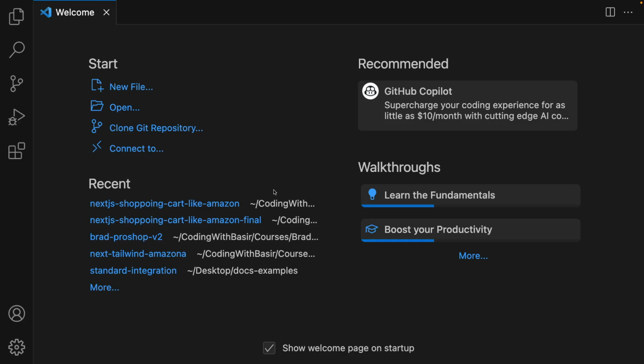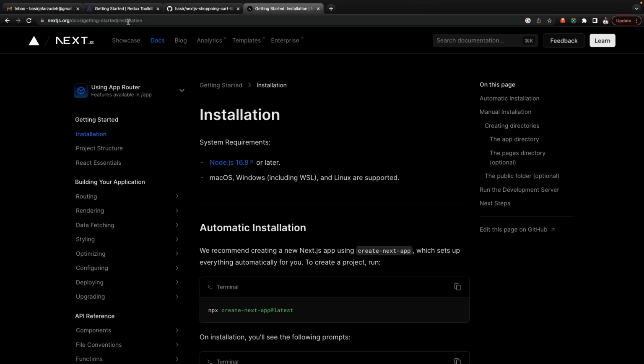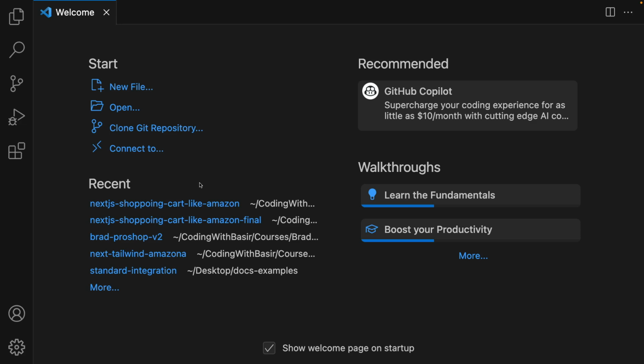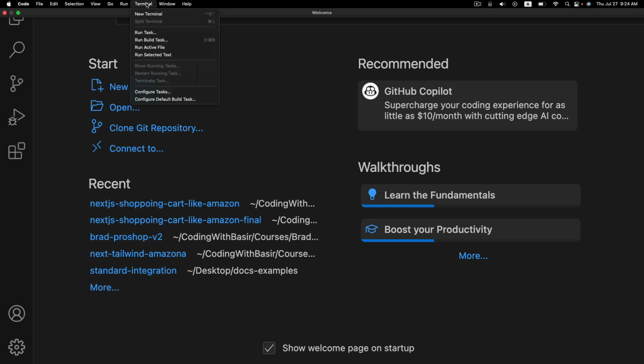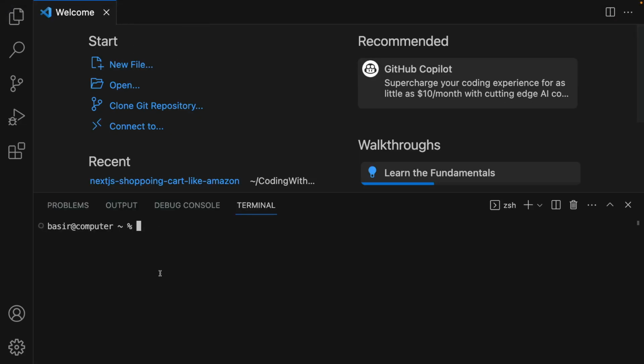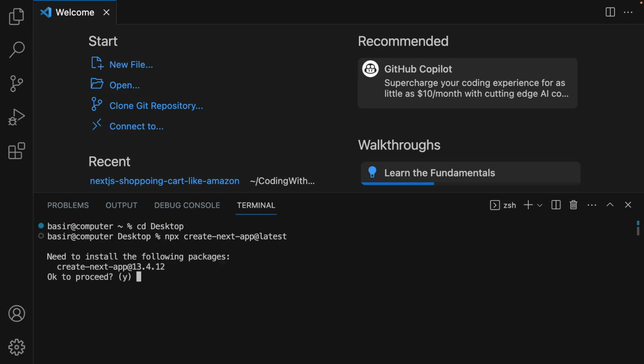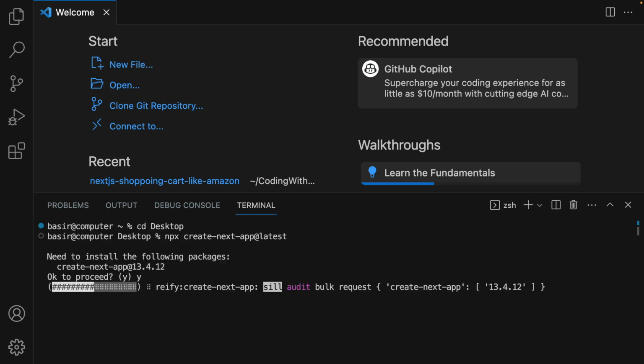The first step is creating Next.js application. Based on the installation in nextjs.org website, we need to run this command. Open your VS Code. From terminal, create a new terminal. Go to your favorite folder. I'm going to go to the desktop and run npx create-next-app@latest. Press yes to install create-next-app